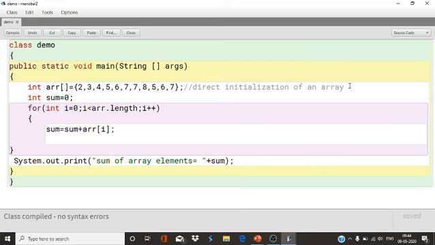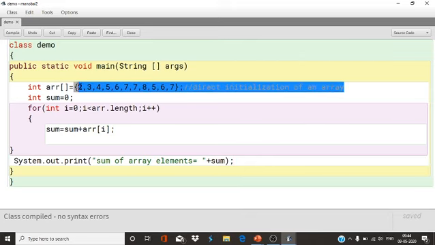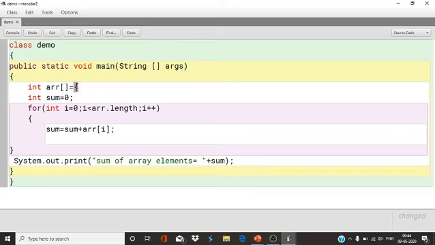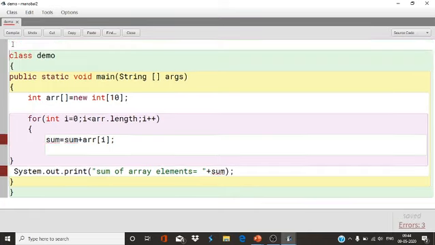Now if you have to accept the values from the user, then what will you do? Then you have to instantiate it with the new keyword, data type and size of the array. Suppose you have to give size 10, so 10. Now you have to accept the values. For accepting values, you need a package, either the IO package or the util package.